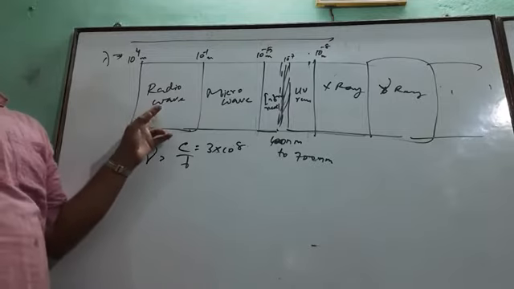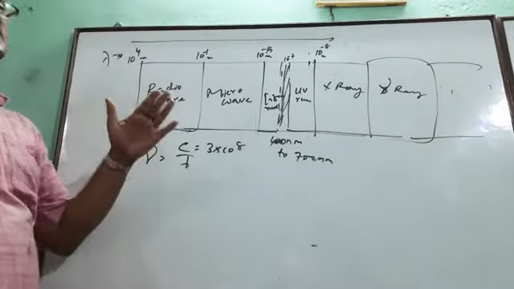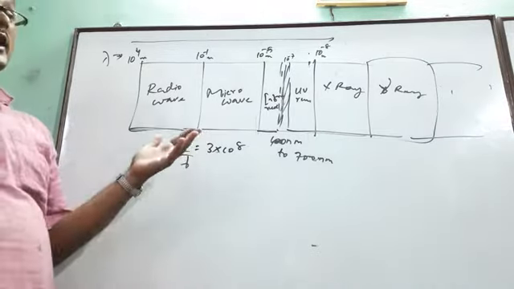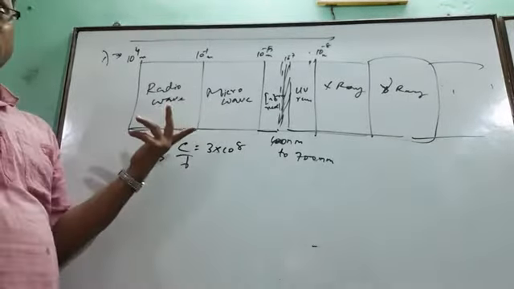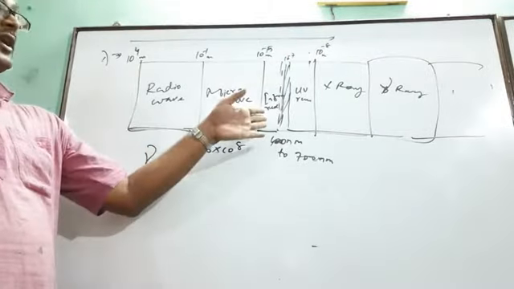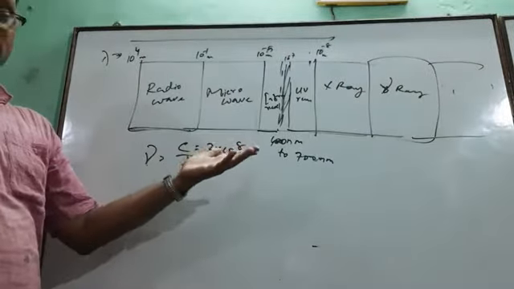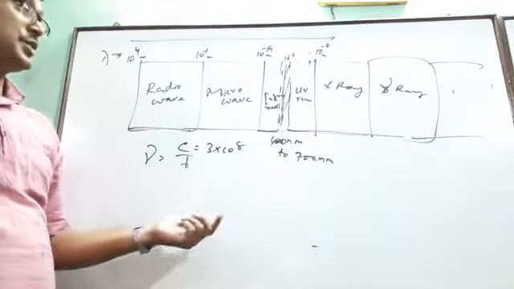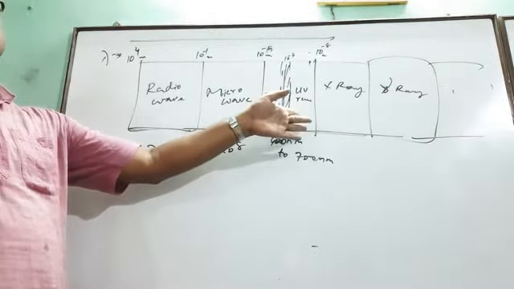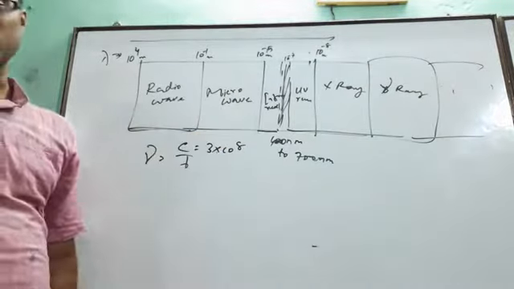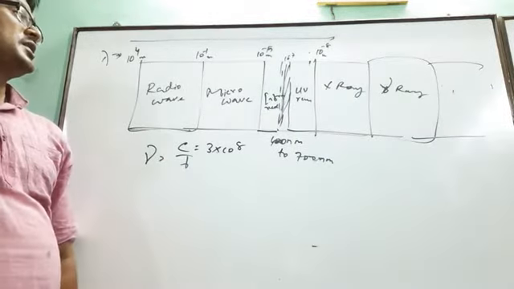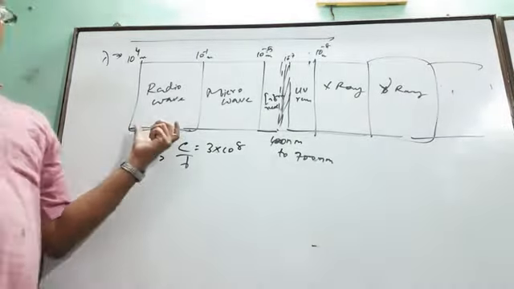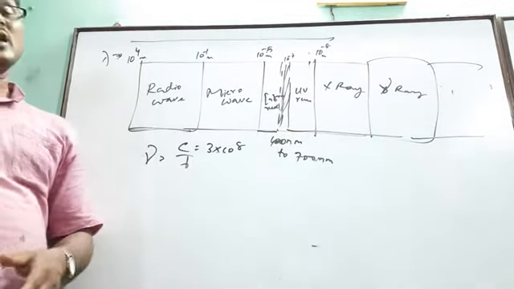Radio wave is used for communication, like air traffic control and walkie-talkie. Microwave, you know, we use for heating purposes. Infrared for remote and night vision cameras, visible also we know. UV is used for purification of water. X-ray, you know very well what the use is. So you have to keep in mind the range as well as the use.